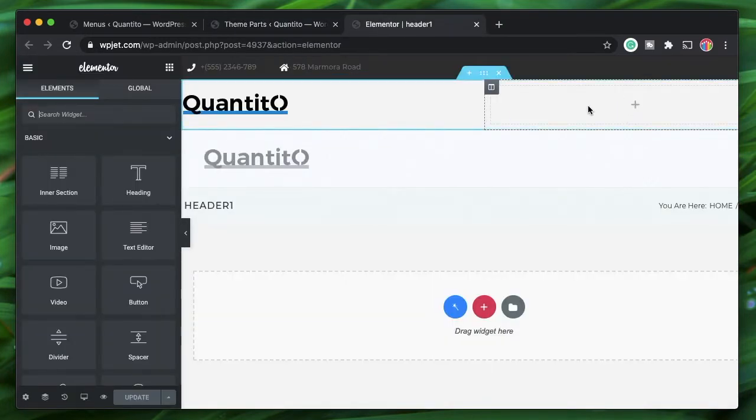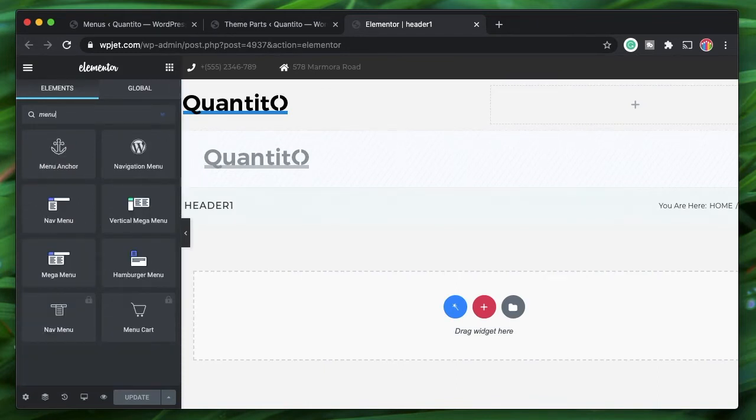If you're building it with Elementor Pro's theme builder, you'd open that header template and you'd do the same. So within your Elementor interface, wherever you've made your header, just search for menu or mega menu, and there are two kinds of menus. One is this mega menu, and then there's vertical mega menu.